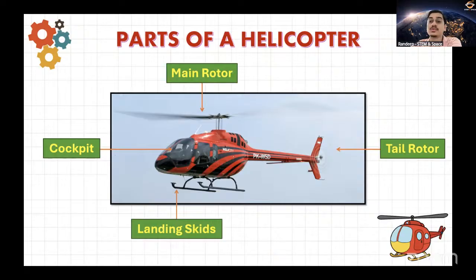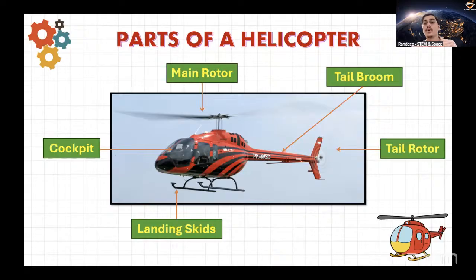If the helicopter needs to simply land on surfaces, then it will have landing skids. However, if a helicopter also needs to move on a piece of land, let's say when it lands on a runway or on such a kind of surface, then often the landing skids are replaced with wheels. Okay.